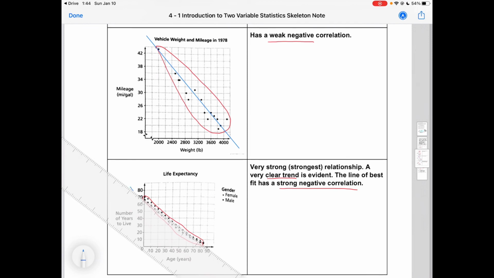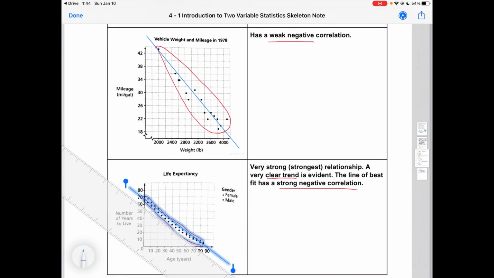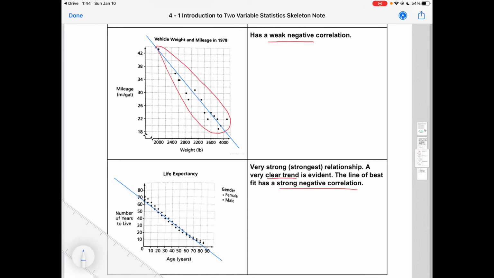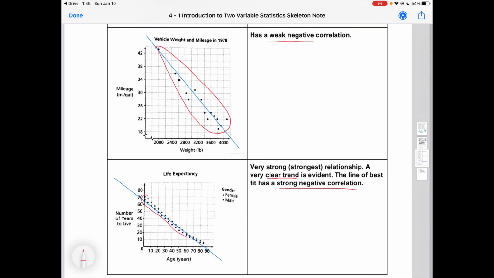Now, if I use this one here and I draw a line of best fit, I wasn't that close on that one. Let's erase that. If I try again, I'll see if I can do a little bit better. If I draw a line here, and I'll redraw my circle, what I can see is that the points are much closer to this blue line of best fit that I've drawn, which indicates a